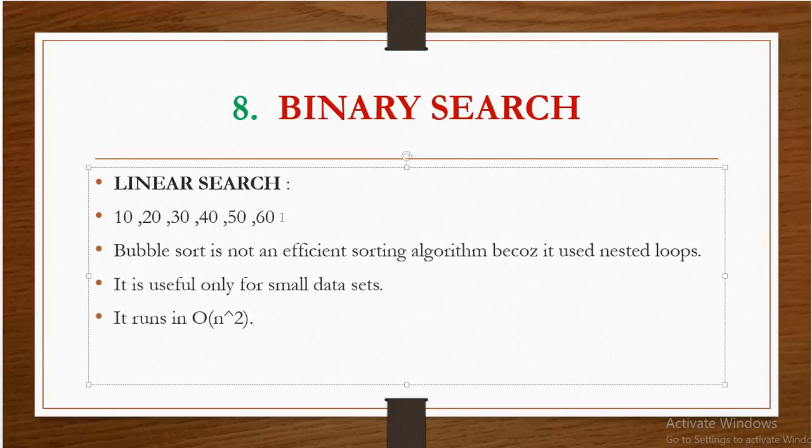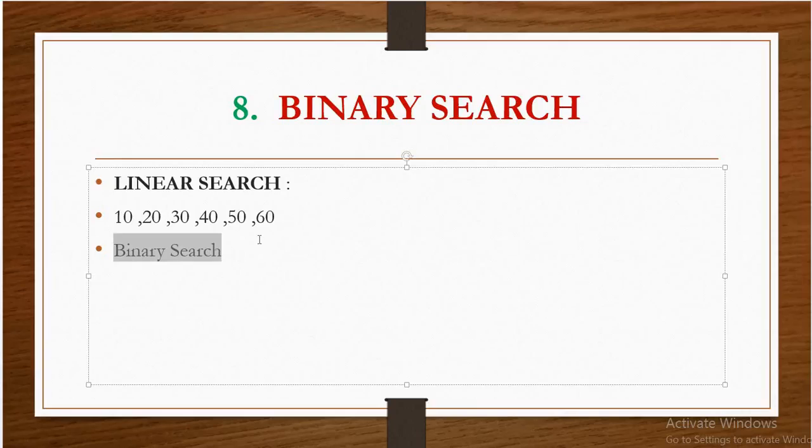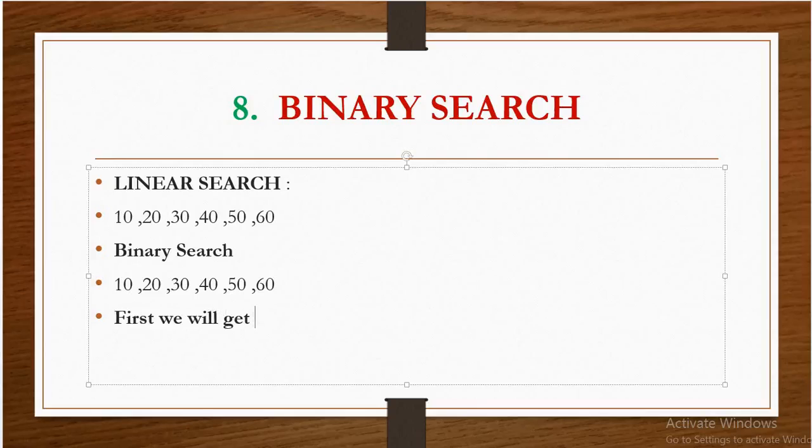So we can use binary search. And how binary search will work: if we are using binary search to perform the searching operation, then it will not go one by one to each element. First it will get its middle element, because binary search depends upon three conditions. First, we need to get its middle element value,